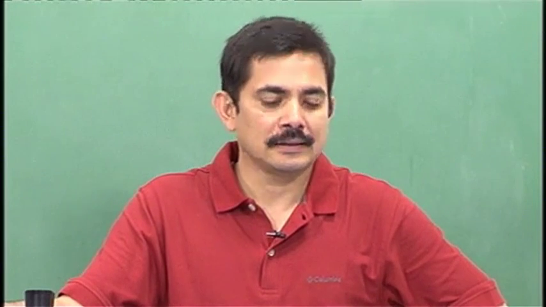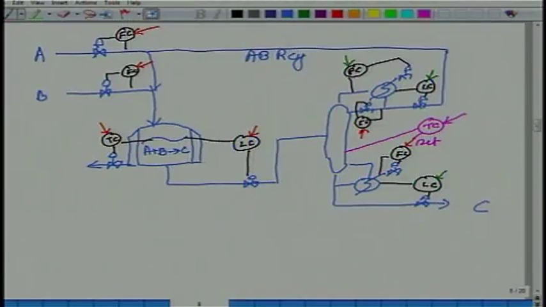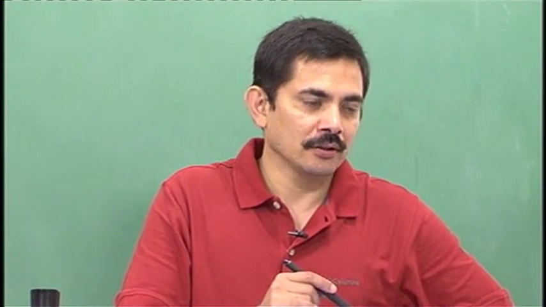The problem is, this control system is not respecting the overall material balance for the process. Overall material balance dictates that A should be equal to B. Is A equal to B? No, you are setting it independently. It cannot be set independently, right. So you need to do something to ensure that A or B does not build up in the recycle loop, okay. The operator then finally understands this, and then what does he do?